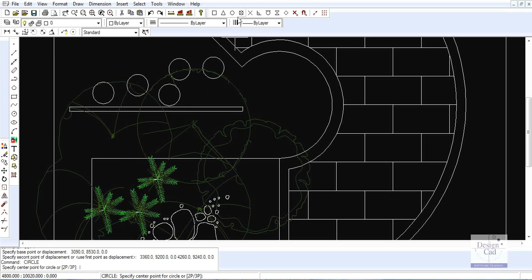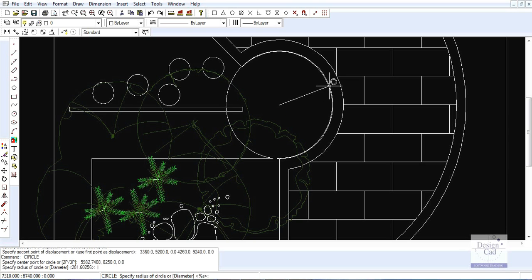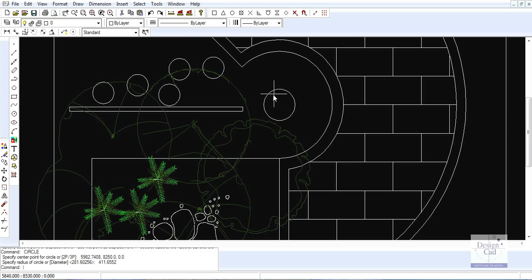What we'll now do is we'll go to this Entity Snap toolbar, and I'll show you other ways of doing it in a moment. Snap to center, and as I bring my pointer somewhere near the circumference of the arc itself, my pointer snaps to the center point there, and I can place a larger circle centered on the center point of the arc.